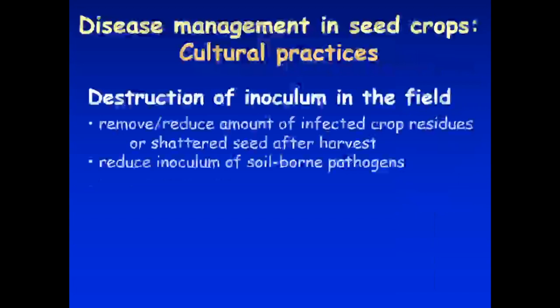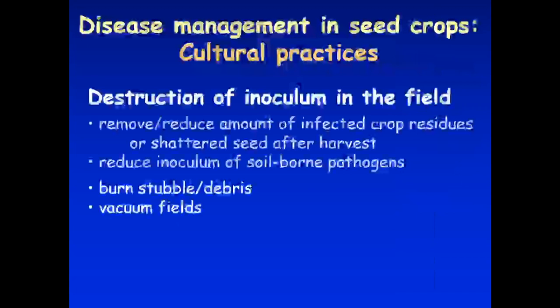One practice I've read about is burning stubble and debris. We've all heard the stories about grass seed crops that used to be burned. It's a banned practice now for many areas. Part of the reason it would be burned is to help kill off pathogens that are on the stubble. It was an extremely effective way of managing diseases in grass seed crops. But we know that for various reasons, environmental and others, it's not a good practice. But the banning of burning for grass seed crops has resulted in a lot more difficulty for the grass seed industry for managing some of these diseases.